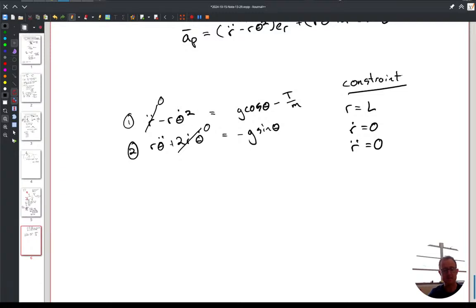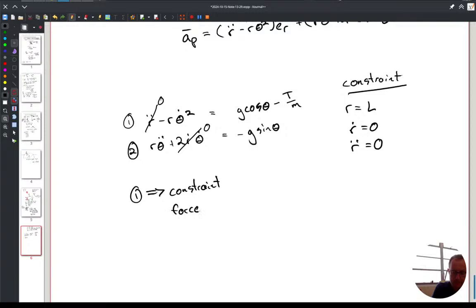If this thing is moving very slow and cosine of theta is 0, so if it's at like 90 degrees, the tension is 0. Like there is no tension when this thing is on the ground and it's not moving. It'll start to float up and then tension will increase as it's moving, but this equation 1 is a constraint